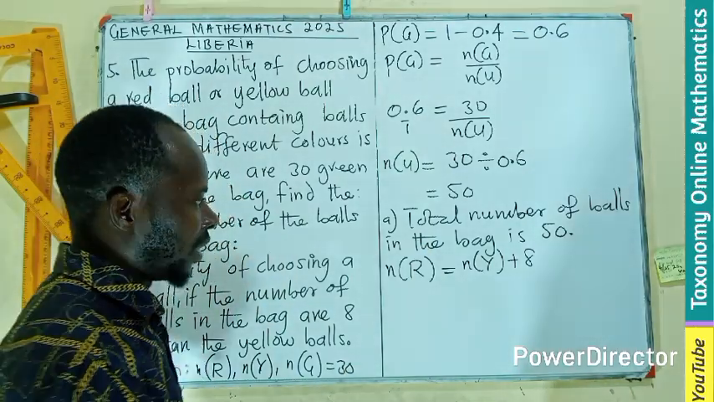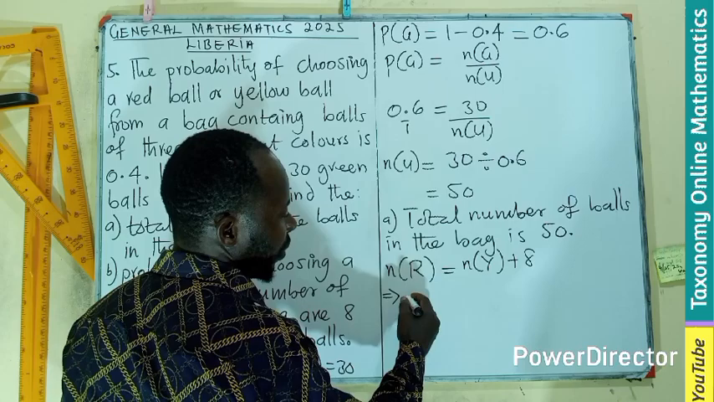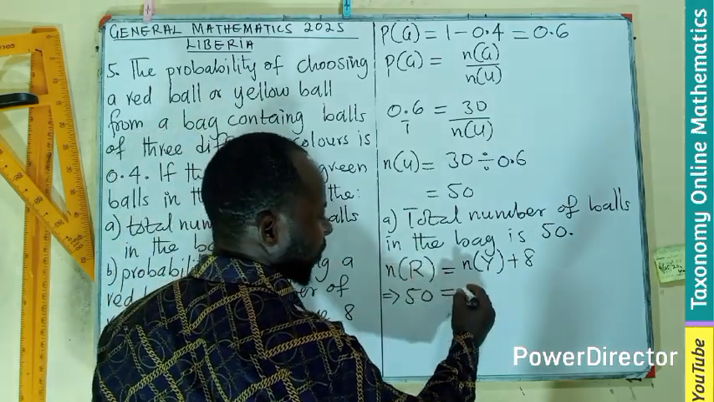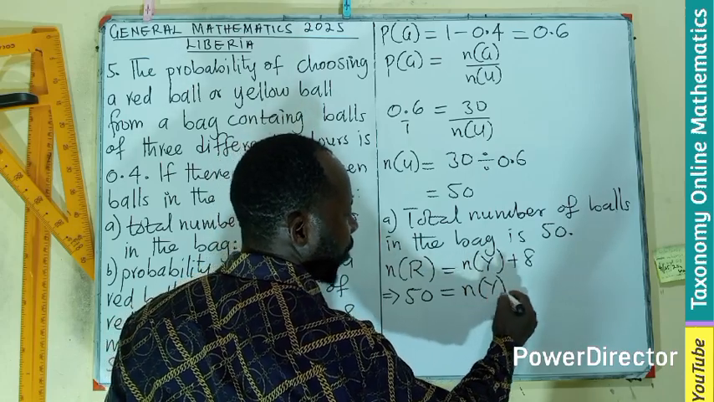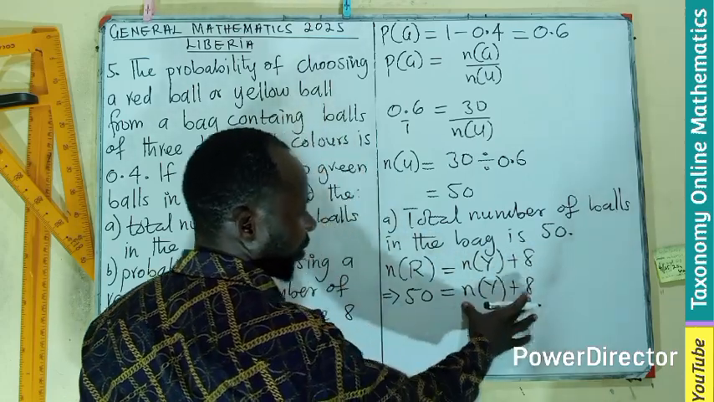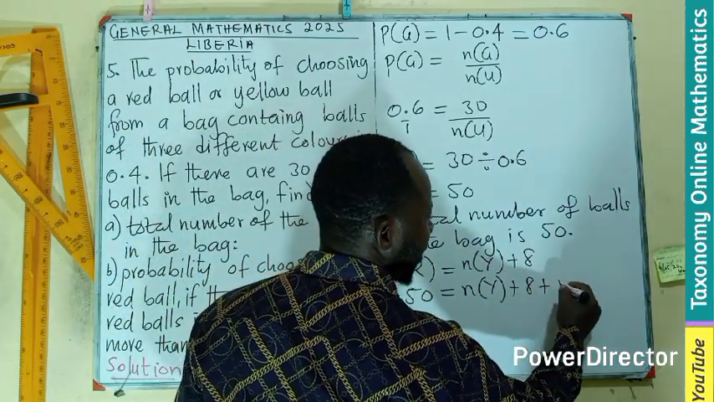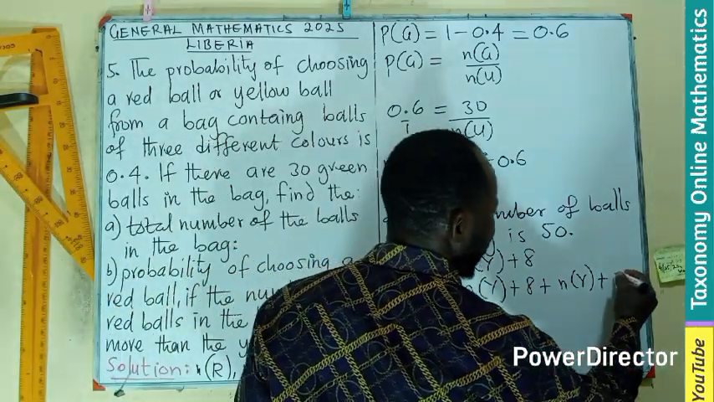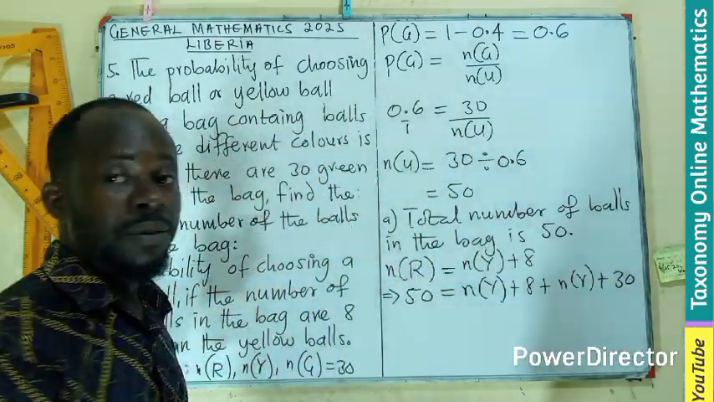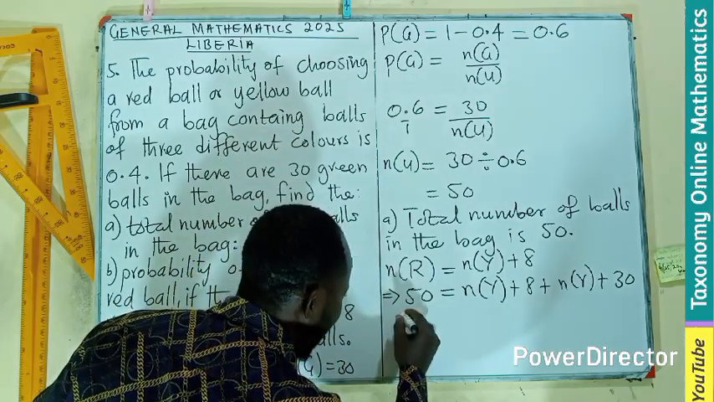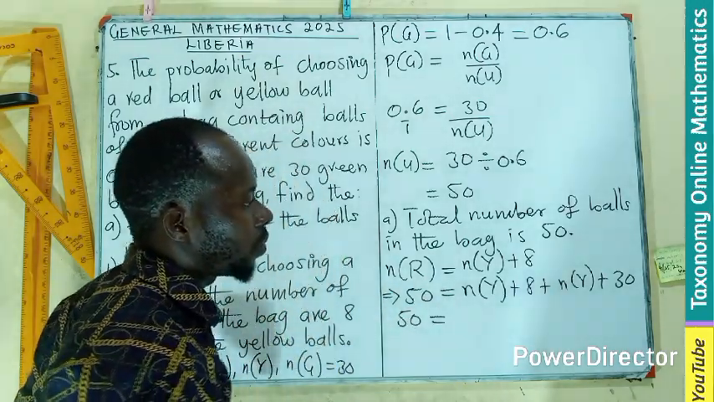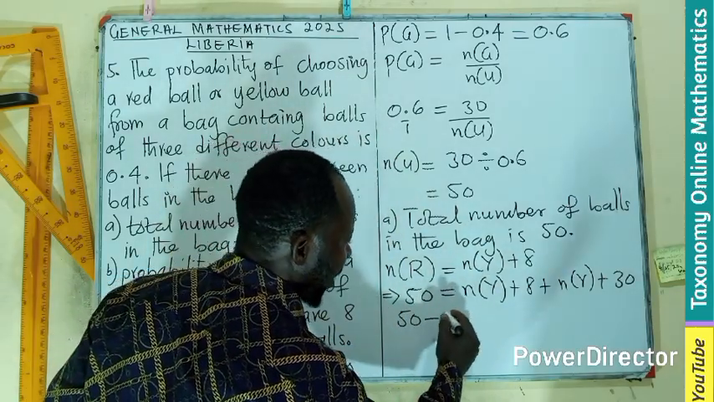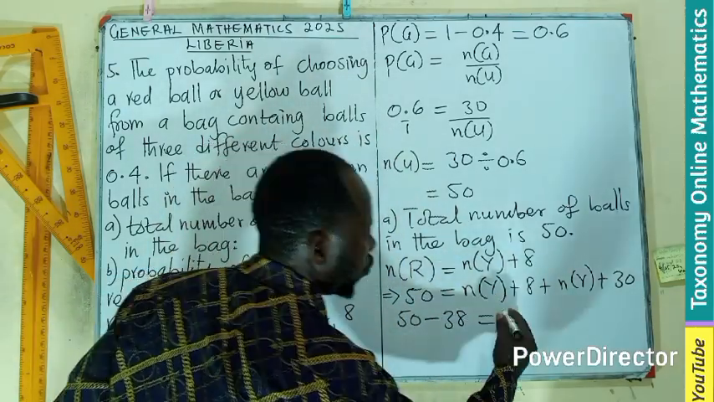So I think we can create an equation from here. 50 is the number of balls in the bag. The number of red will be the number of yellow plus 8. So this is representing red. Then we add the number of yellow. Then we add the number of green, which is 30. All this will give you 50. So here I can say that 50 will be equal to, if I add this and this, 38, so I will have 50 minus 38 equals 2 of